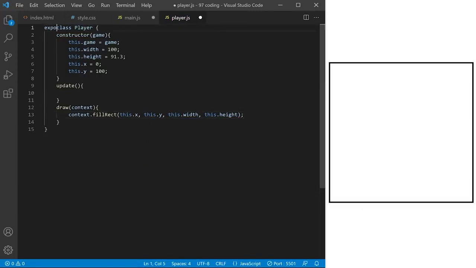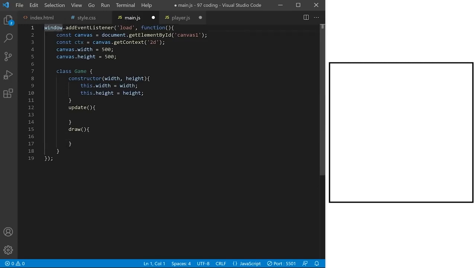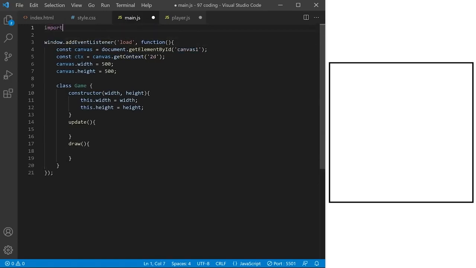If I want to use this JavaScript class in a different module, in a different file, I need to export it. I can just say export like this. Each file can have unlimited amount of exports. Or I can say export default. Each file, each module can have only one default export. In main.js, I import player class by going up top and saying import player in brackets like this from